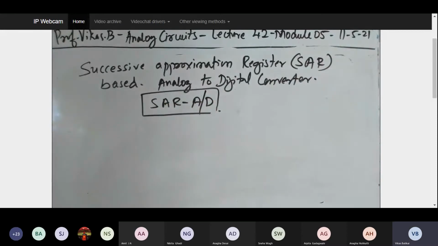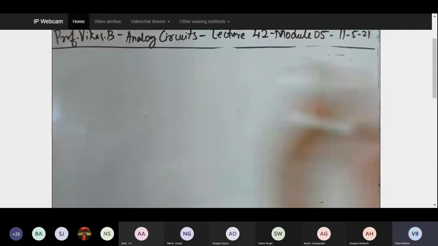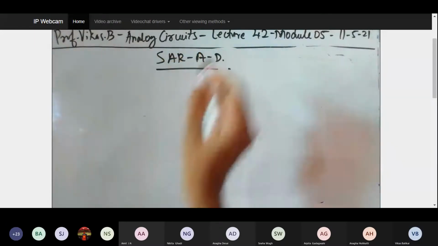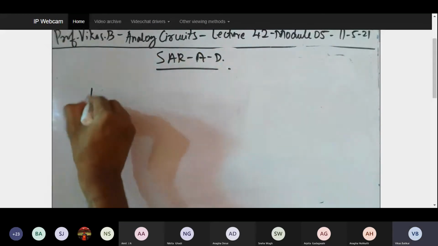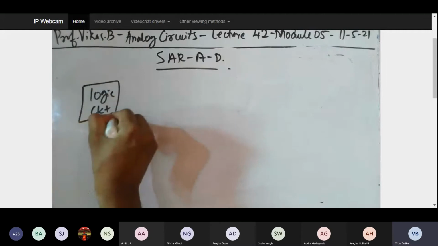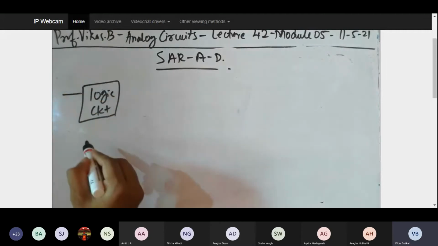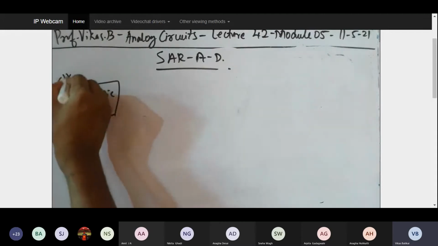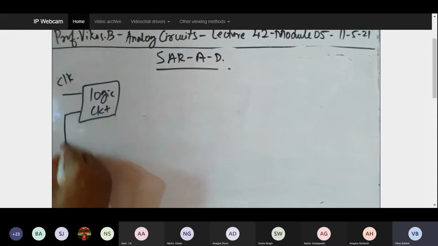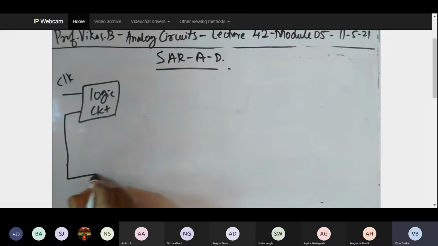Fine. So let's get into this particular concept today, and I'll try to draw the figure. Let me make use of this board as well. I'll be writing here SAR based A to D. Let me draw a simplified circuit over here. The circuit I am drawing is very simplified compared to what has been given in the textbook. The textbook version works exactly the same. I'll also tell you how exactly the textbook version works.